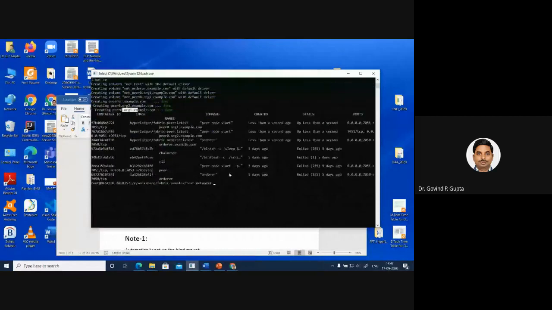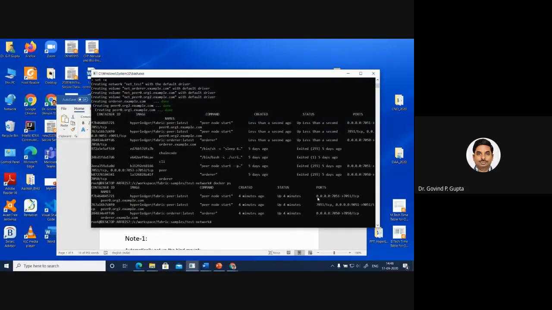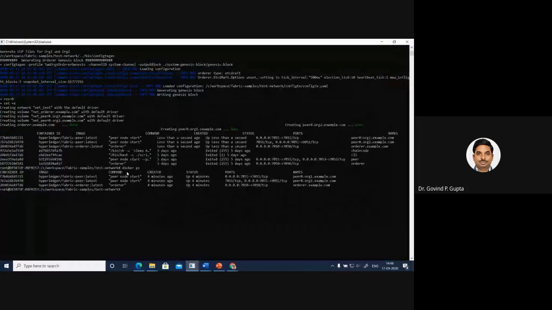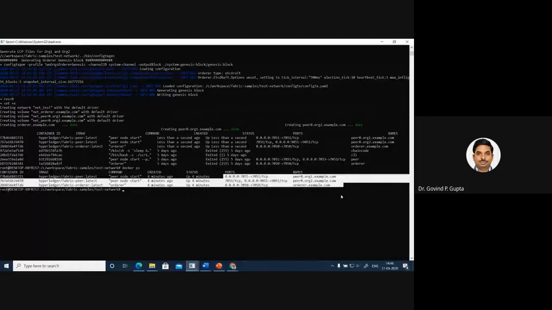And then if you see, these images are run. So how many Docker images are available? Simply write docker ps. So you see there are three images. I'm going to enlarge it. So simply I am typing docker ps. Presently there are three Docker images available.